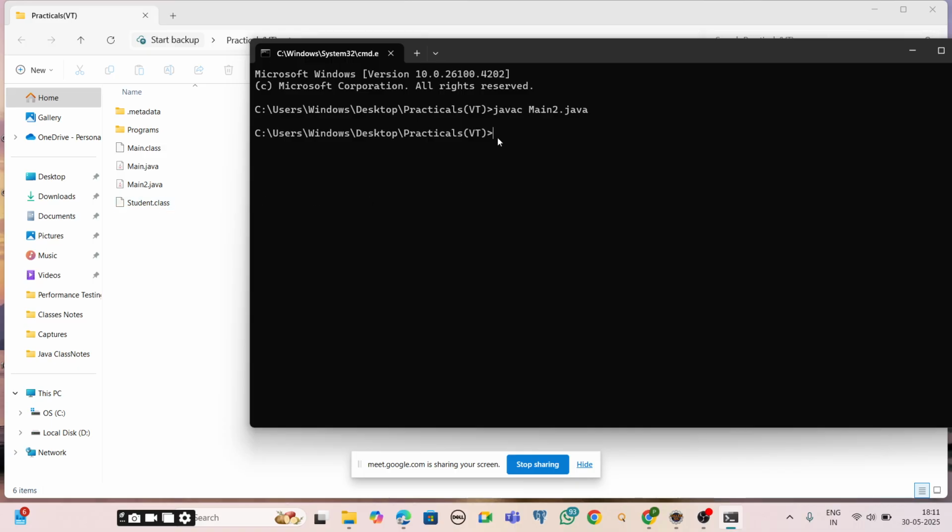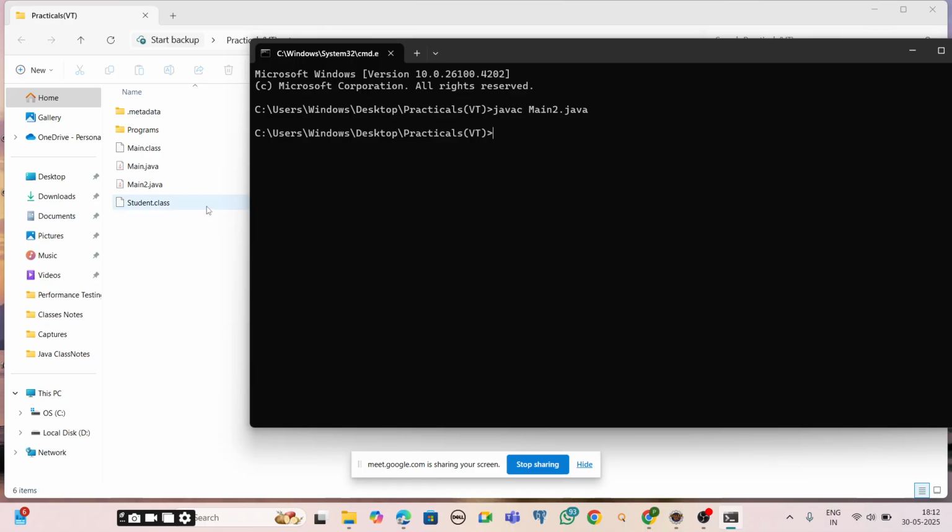If I want to execute this class, before this, for both compilation and interpretation, we were using the file name, right? Because the file name and the class name were the same, but here the class name and file name are different. Whenever I compiled the main2.java file, the output I got was the Student.class file, which is bytecode.